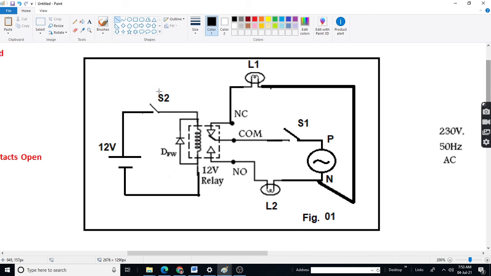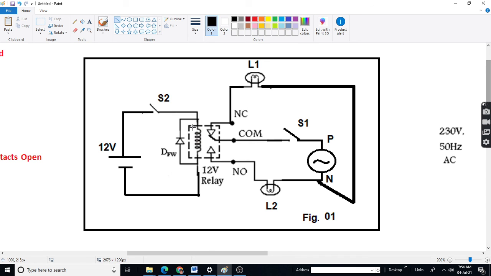Now, when S2 is open, L1 will be on, L2 will be off. When you close S2, the control switch, S2 is called the control switch, S1 is called the supply switch. You are giving supply here. You are applying control, means switch.